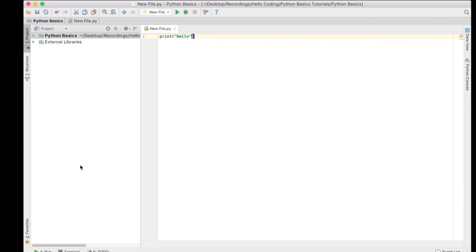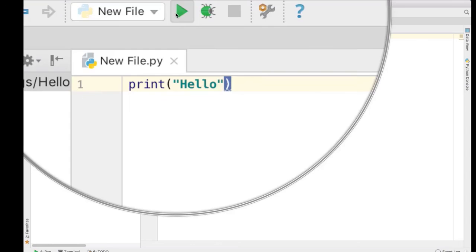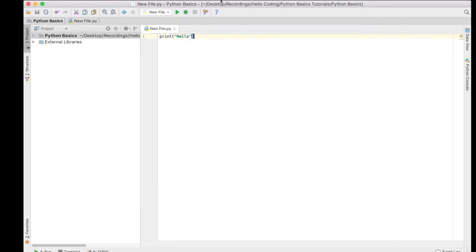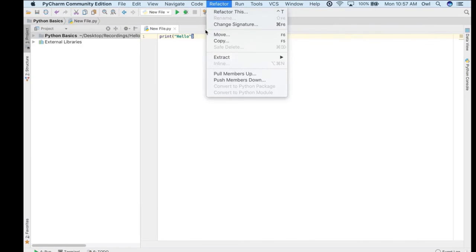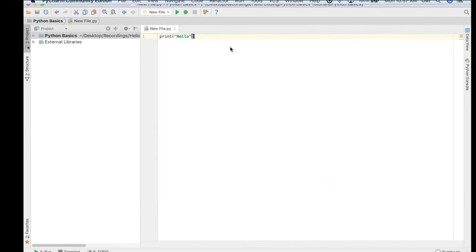Alright, so that's really all you need to know to get started: basically how to create programs in Python files, and how to run them. Now you can see that this run option is available. Additionally, you can go to run and just click on this run here, or you can use this hotkey as well. Okay, so play around with your IDE a little bit, get to know it, explore some of these menus, some of the options within them, and we'll start in